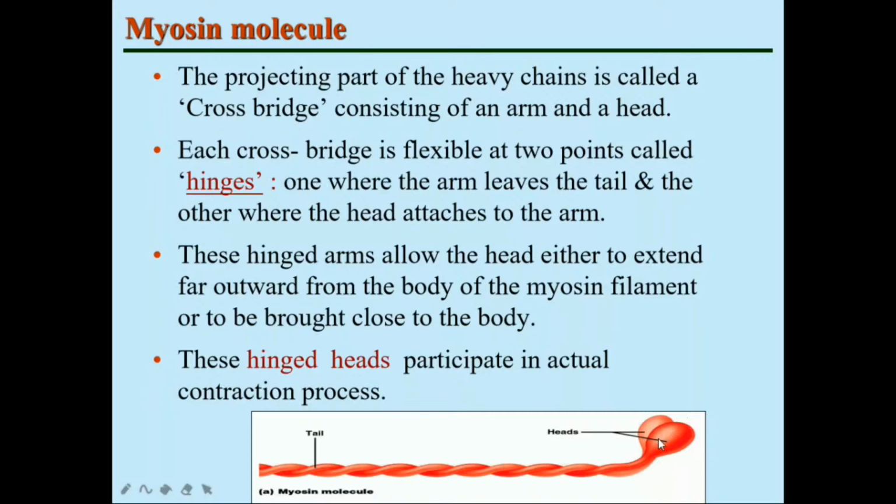These movements of the head are essential for the process of contraction as well as relaxation. So these are called hinges, and they allow a relative movement between the head and the arm and the tail. These hinge points participate in the actual